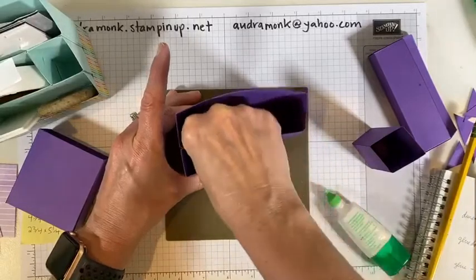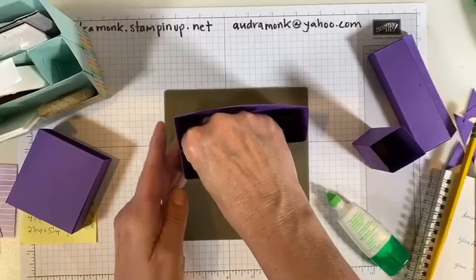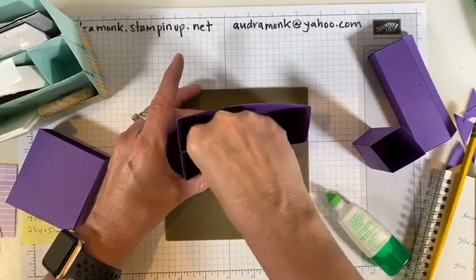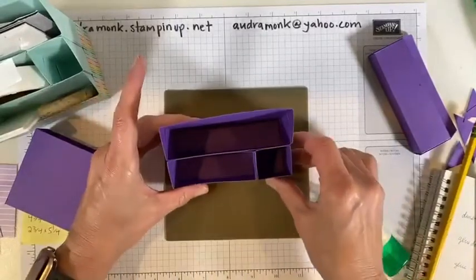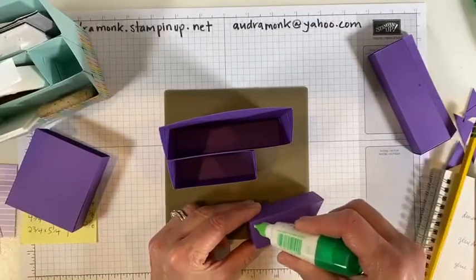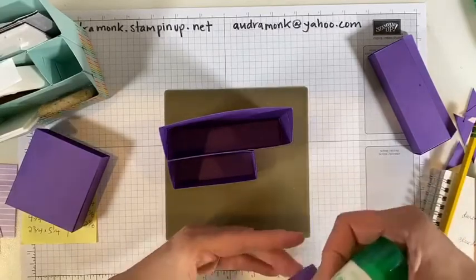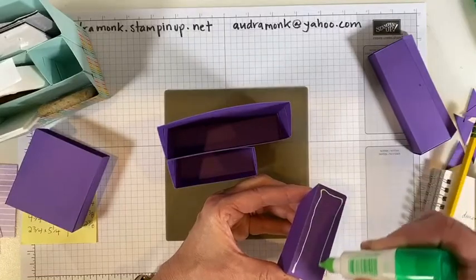Okay, and so then you just have to squish your hand down in here to get this to sit. And you want to make sure you're against the edge. Good, and then you bring it all over. Perfect. Ta-da! Okay, and then this one needs glue at the back and at the side. And you get it as close up as you can. It's a little bit hard to totally squish it in there because it is made of paper, not wood. If it was wood or something, you could really...